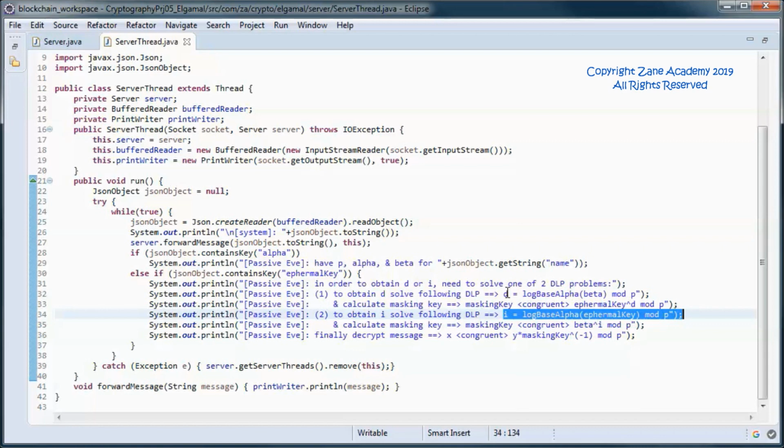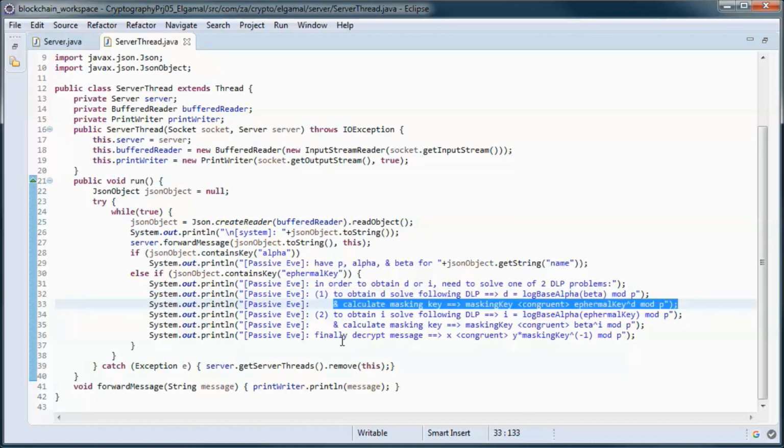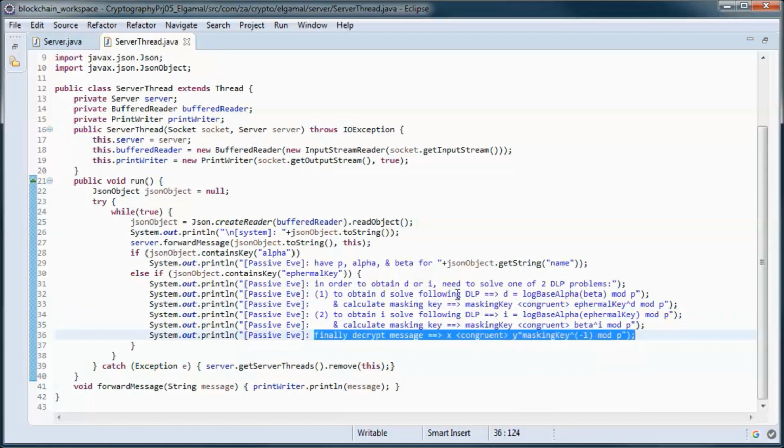And if she is able to solve this one, then she can use it to calculate the masking key, and then she can use the masking key to decrypt the message.